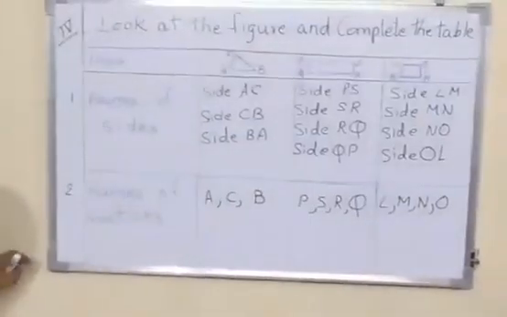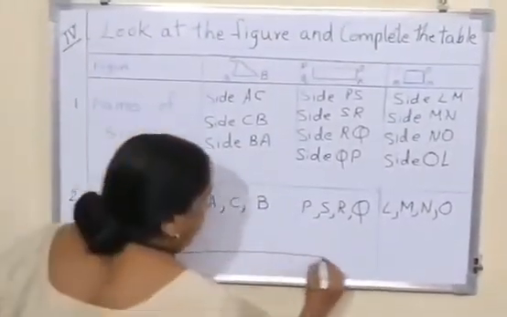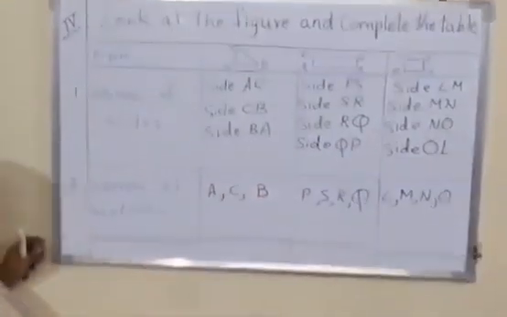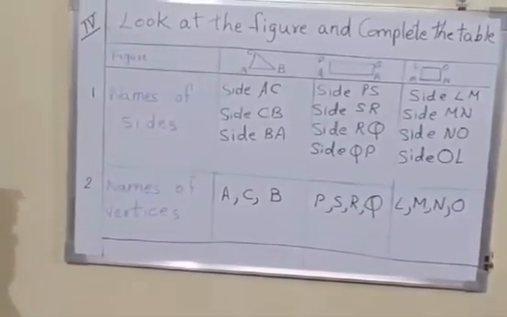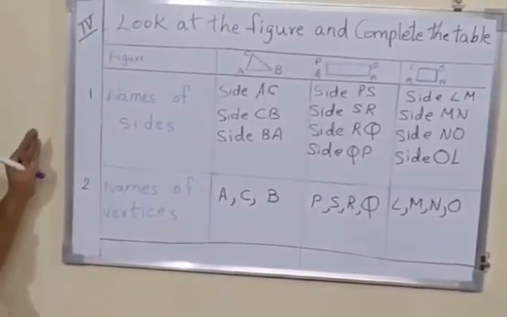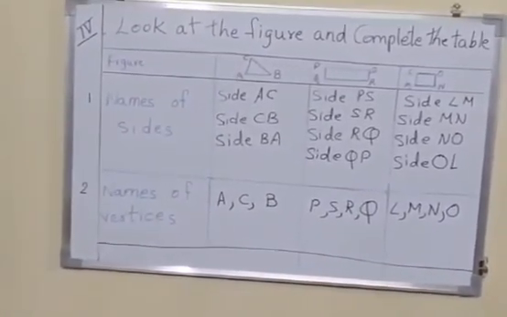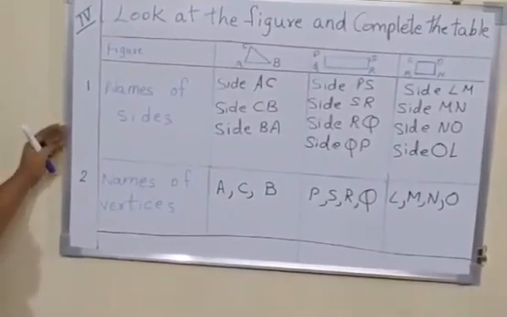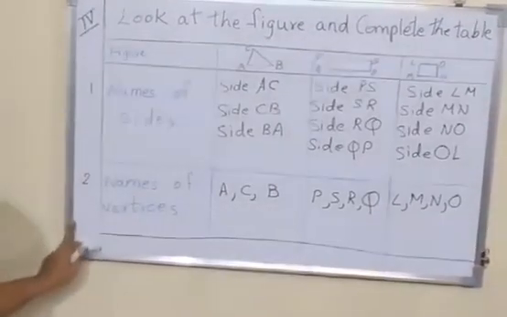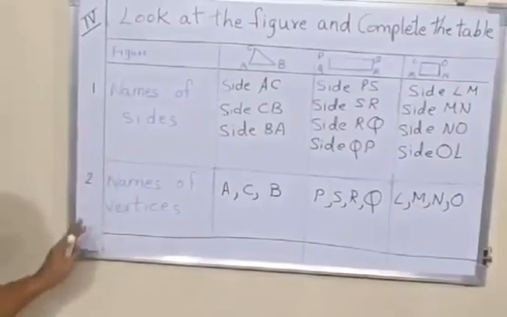Understood, children? You have to draw this table in your maths long book. So there are 4 questions which you have to copy down today. The first one, name the following. The second one, to write the second question. Then the third question was fill in the blanks, and the fourth one, the table. Understood, children? So all these 4 questions you are going to copy down in your math long book.